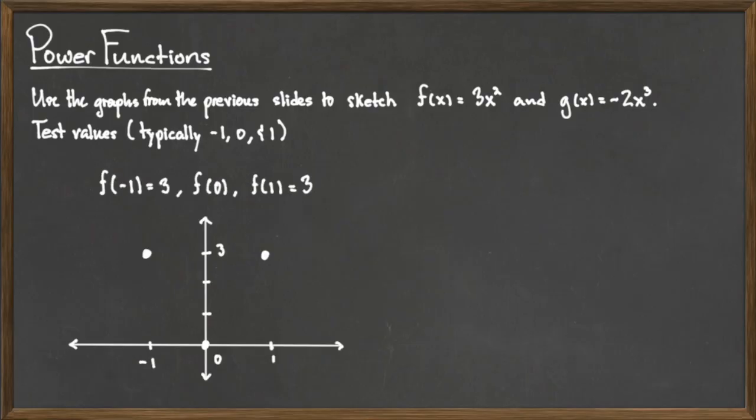So let's go ahead and plug these values into f of x. F evaluated at -1 gives me +3, f evaluated at 0 is going to give me 0, and f evaluated at 1 is going to give me +3 as well. So we can plot those. And since I know that this graph should look like a parabola, I'll connect the dots in that way. And from this we get a fairly accurate representation of what the function f of x equals 3 times x